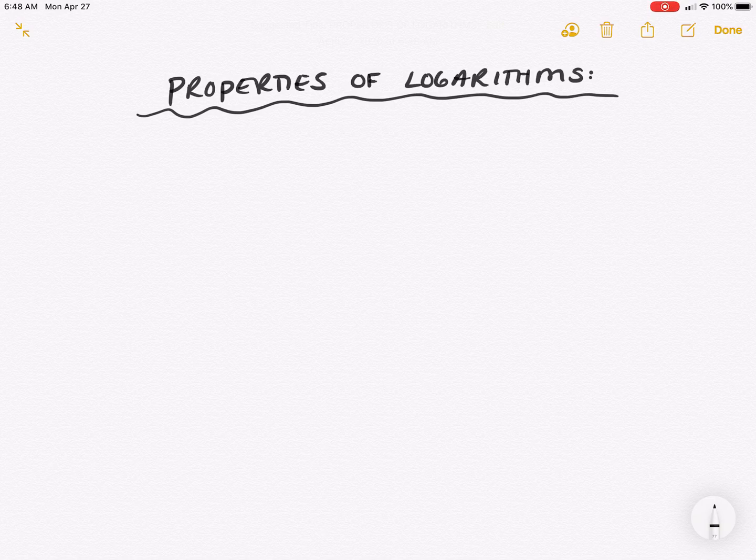So properties of logs basically is just going to be a way for us to write equivalent expressions, maybe more simplified expressions. We're going to use them when we start solving log equations, so that we can change the way the equation looks and then maybe have an easier time solving it. You're really not going to get the full impact of how important these properties of logarithms are until calculus. So Algebra 2 just really sets the foundation, kind of shows you what it's all about and gets you to